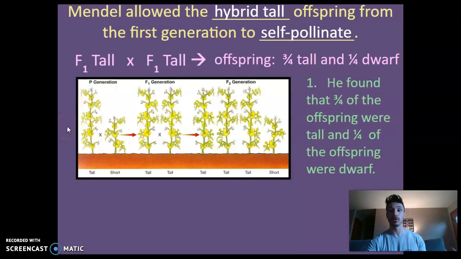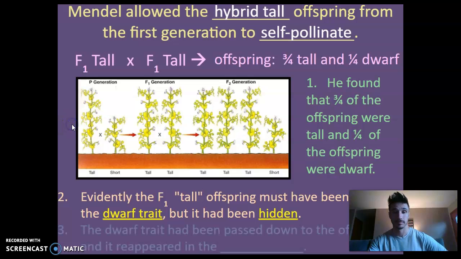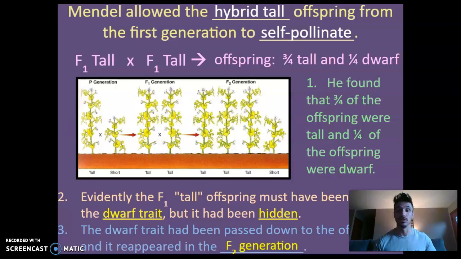So he found that 3/4 of the offspring were tall, 1/4 were dwarf, and evidently to him, the F1 tall offspring were carriers of the dwarf trait, but it had been hidden, masked, because it's recessive, by the dominant tall allele. So the takeaway here is the dwarf trait, this recessive allele, had not been lost, but rather it was passed down to the offspring and would reappear in the F2 generation, the generation that Mendel created by allowing the F1 generation